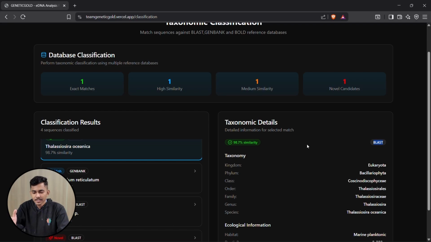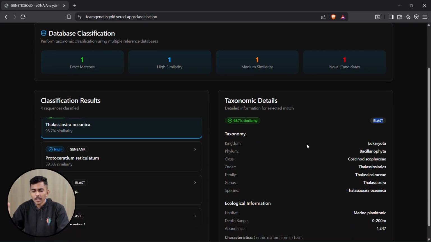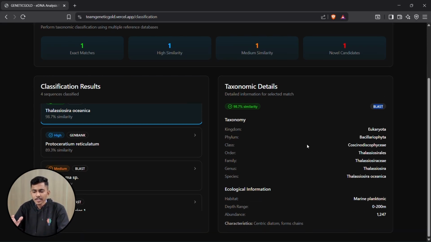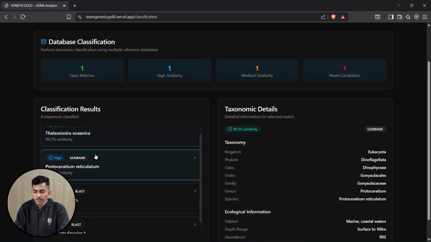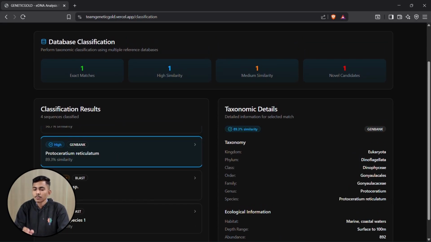Its taxonomic characteristics: kingdom is Eukaryota, phylum is Bacillariophyta, and then its class, order, family, genus, species. And now the ecological information: habitat is marine, planktonic, depth range is 0 to 200 meters, meaning this species lies in this depth range, and its abundance is about 1247. So the next species is highly matched with this particular taxonomic detail, with 89.3% similarity,